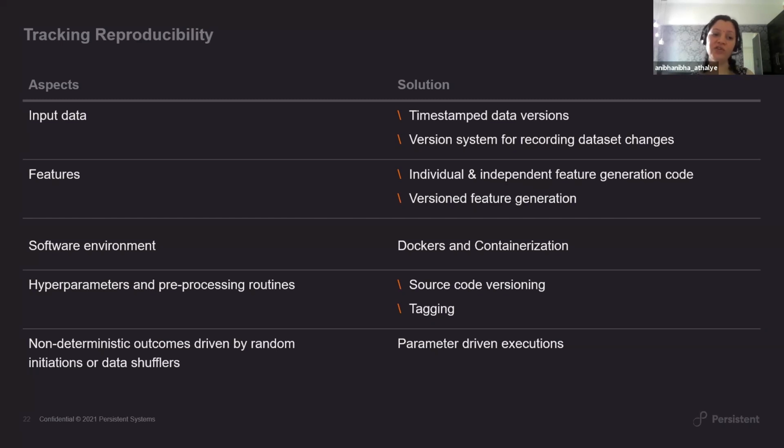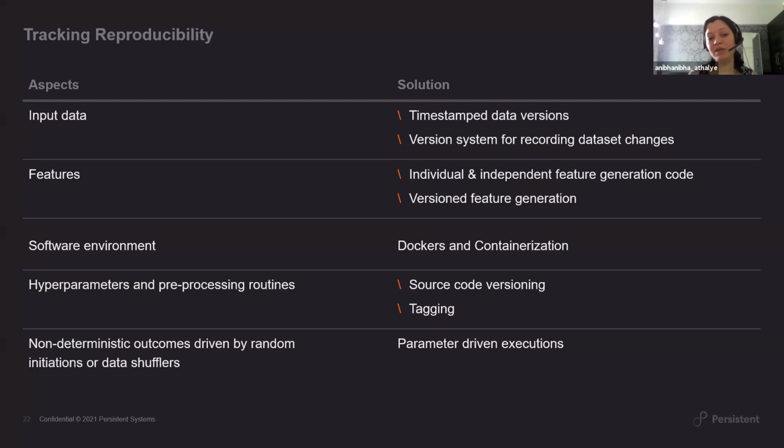You might as well have somebody working on an H2O kind of environment on the same experiment, right? And if that is happening, what it means is that when you go and deploy that, you will have to deploy it on the H2O environment, which means that you again have a conda file which defines all the dependencies. You use that to create specific Docker images and use those Docker images to do the deployment.